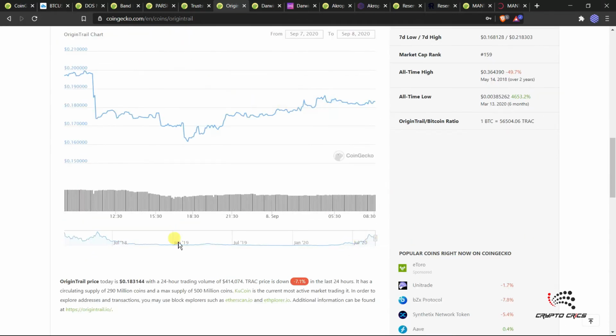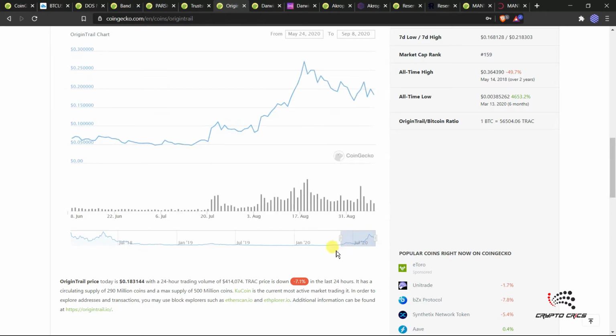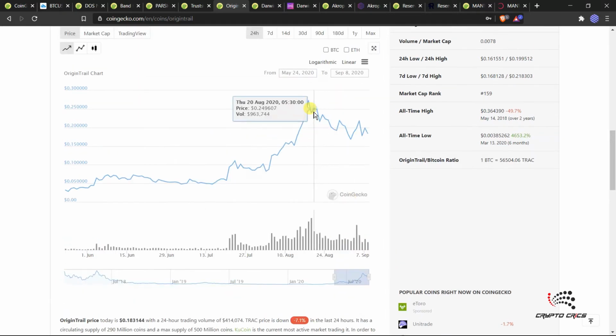And if you see the price now, it dropped. It had a high of $0.27, and it dropped, and now it is moving sideways. So wait for the consolidation and jump into this project, because it's a high quality project and lots of